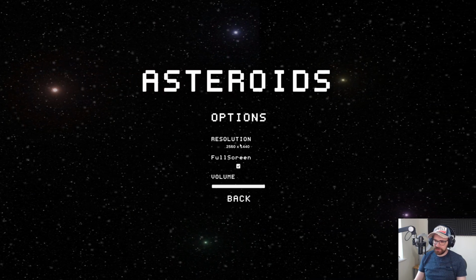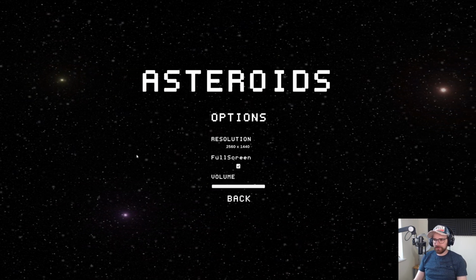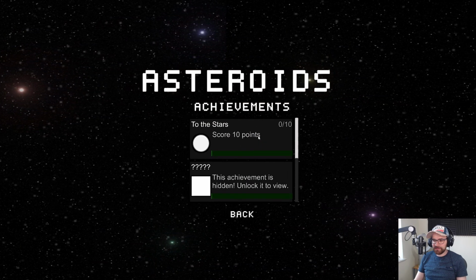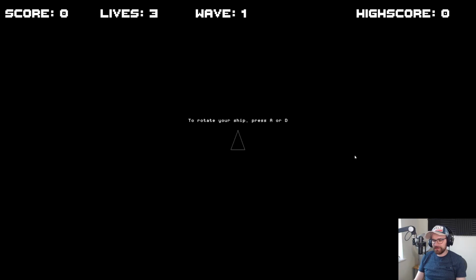Okay. Options. Here we go. Okay, cool. Right. Okay, nice scrolling background. Achievements. Oh, shoot your weapon 20 times. We can do that. And a hidden achievement. Rotate your ship, A and D. To move forward, push to fire weapon to space. Okay. So I need to...